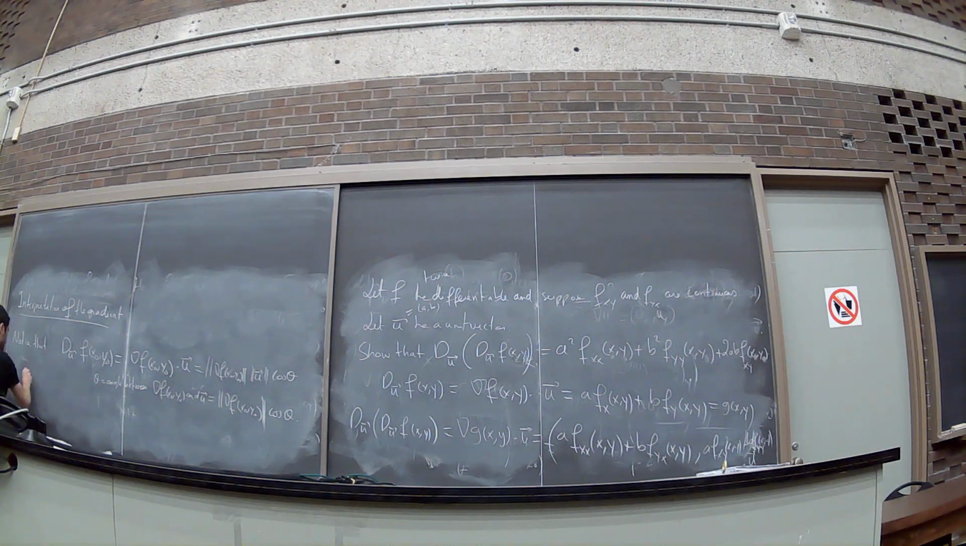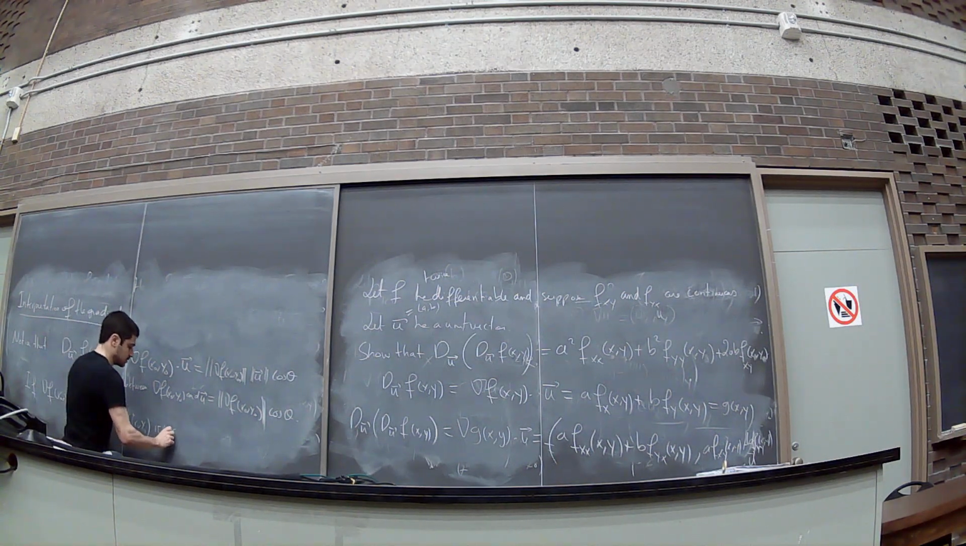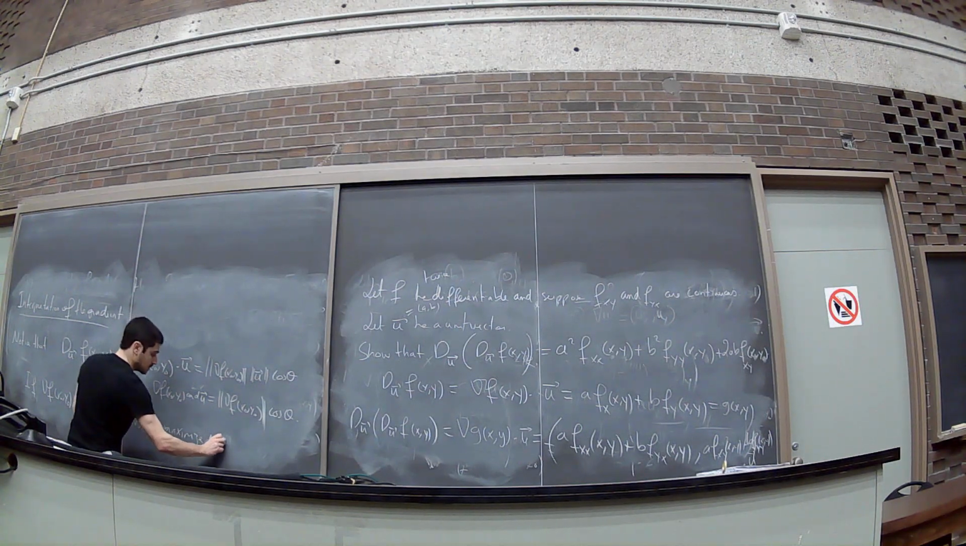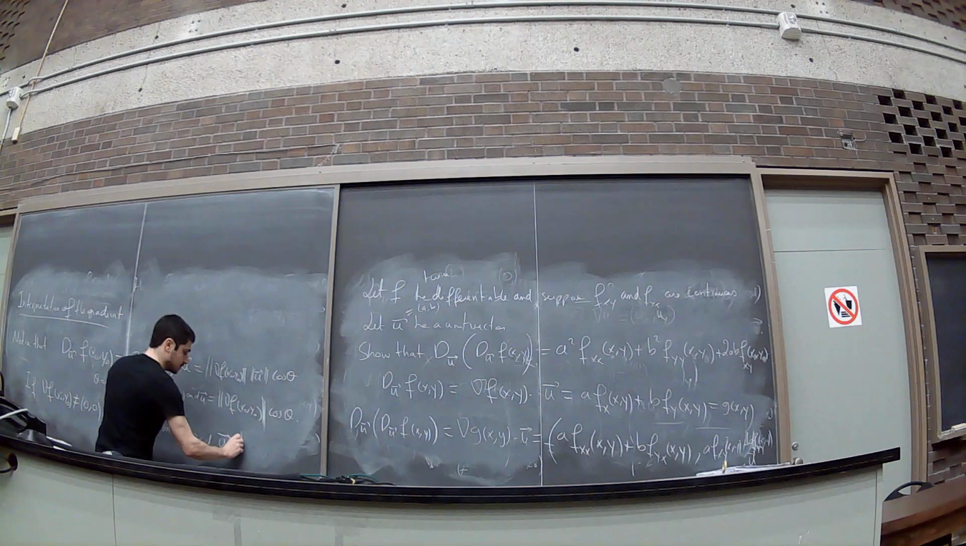So if the gradient is different than 0, when is this quantity, D_u f at (x0, y0), maximized? It is maximized when u